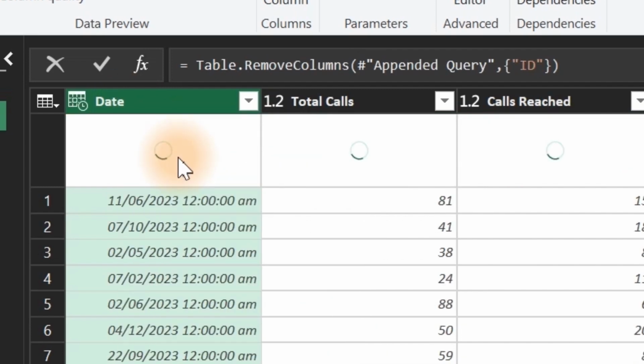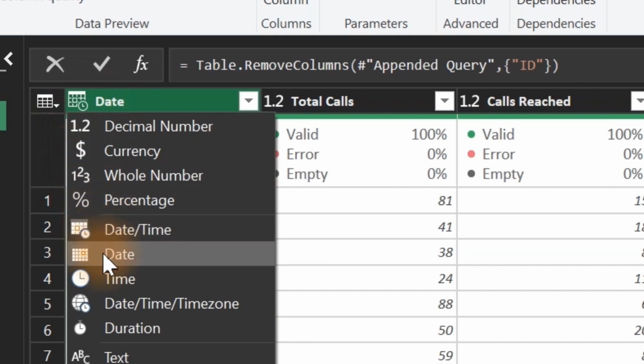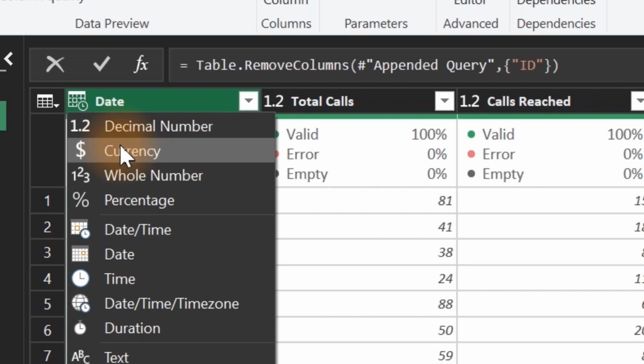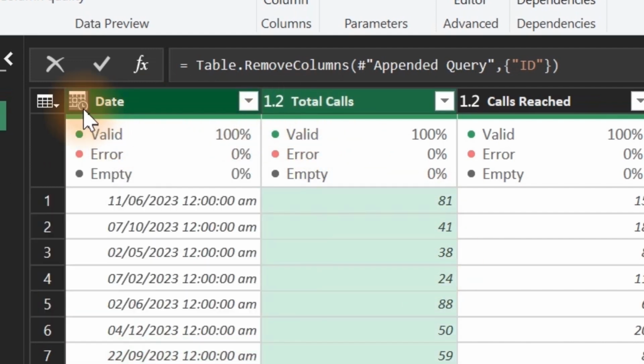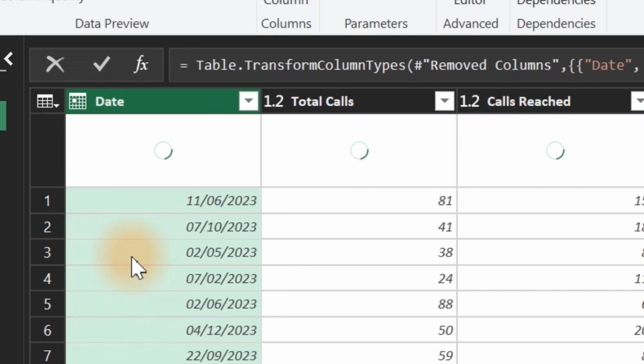So the next thing we have to look at right now is what I call data type. So if I click over here, you can see all the common data types that we have inside Power Query, right? There are some that are not available in Power Query. You can find them when you go to Excel interface, or if you're using Power BI, you find them in Power BI. But right now, those are the ones that are very important. So this one here, if you look at it right now, is showing date and time. We need to actually show just date. Let's click over here, and instead of showing this one, rather show this very one,